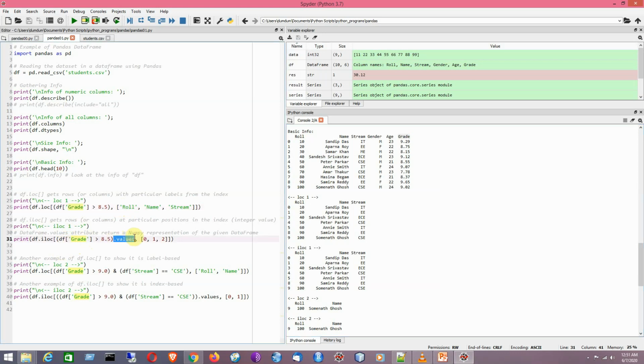By using dot values, which is an attribute, we get a numpy representation of the given data frame. Since I have told you it is not based on labels like column labels, it will be denoted by the column index like 0, 1 or 2, because 0 is roll number, name is 1 and stream is 2.